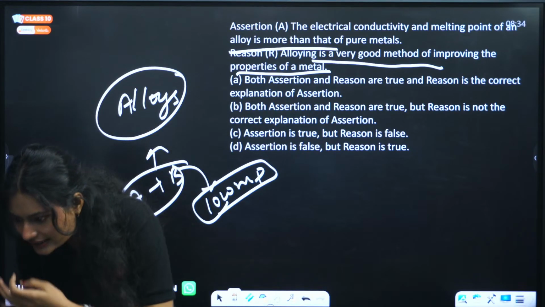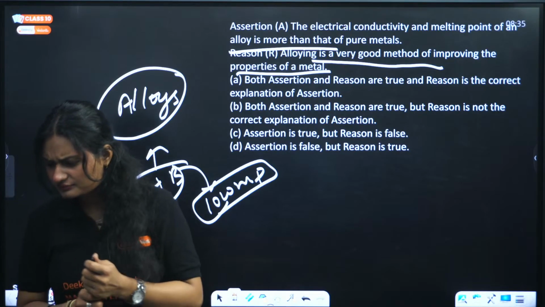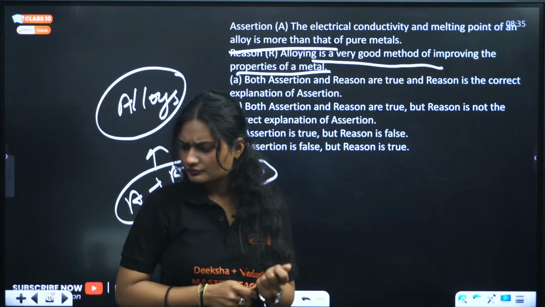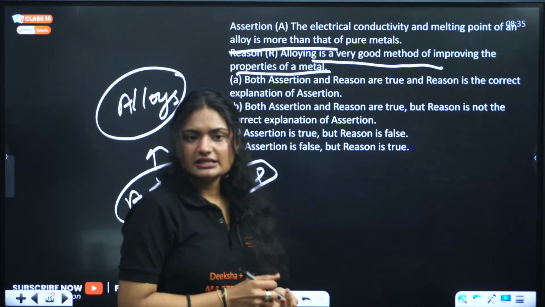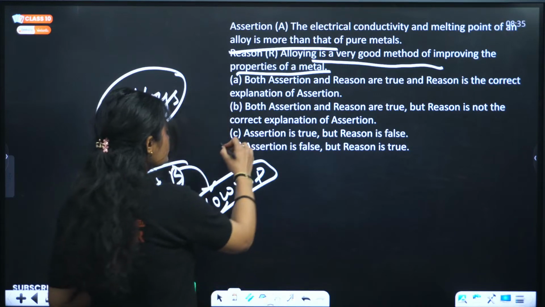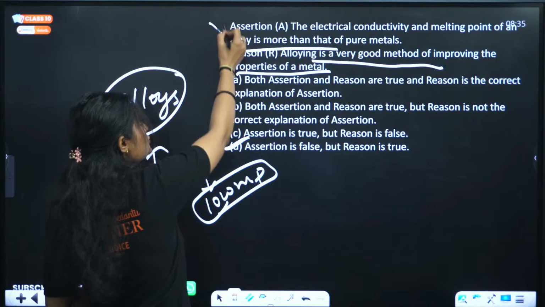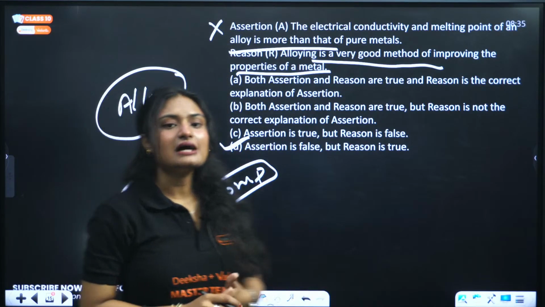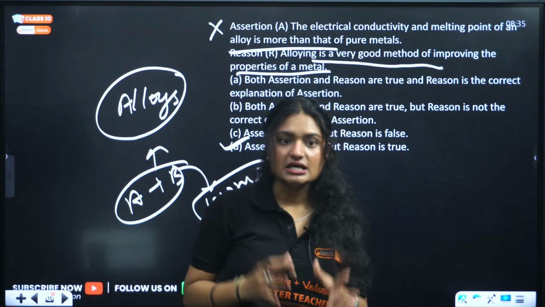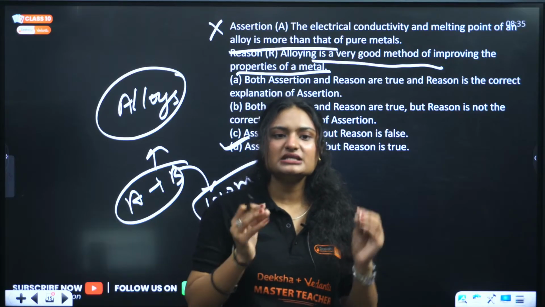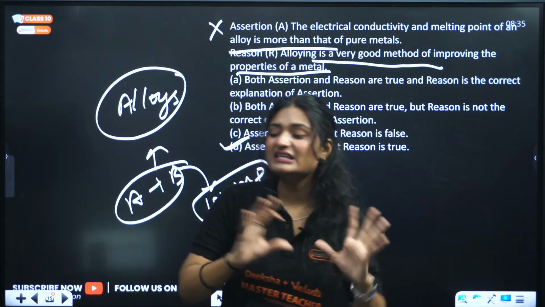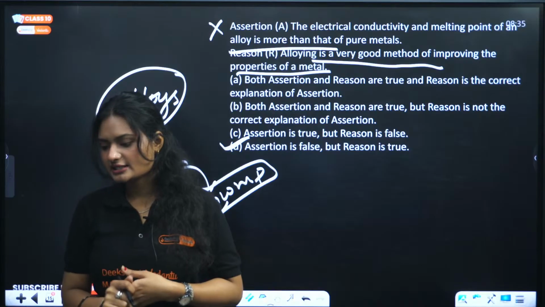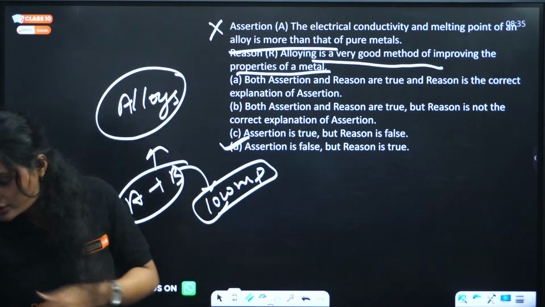Okay, Advashri, refining of metal. Yes, so that means assertion is false and the reason is true. The assertion is not true. Why? Because alloys generally have a lower melting point than the metals. But the reason is true because alloying is done for improving the properties of metals. Yes, clear. So Advashri, your doubt was,